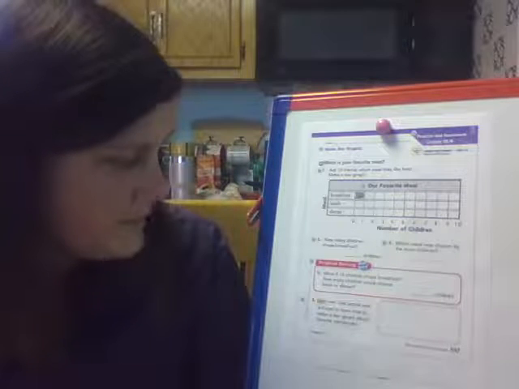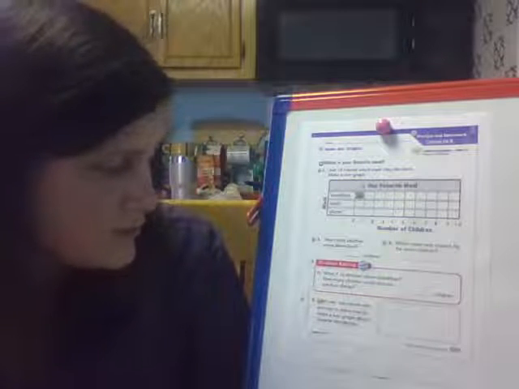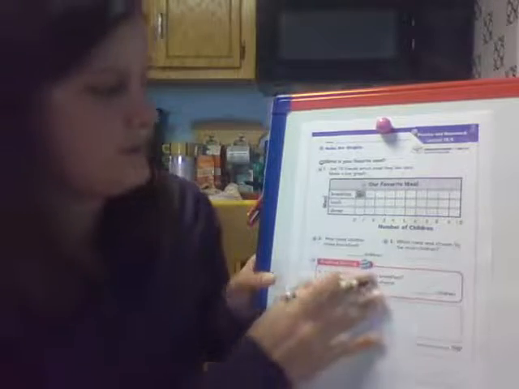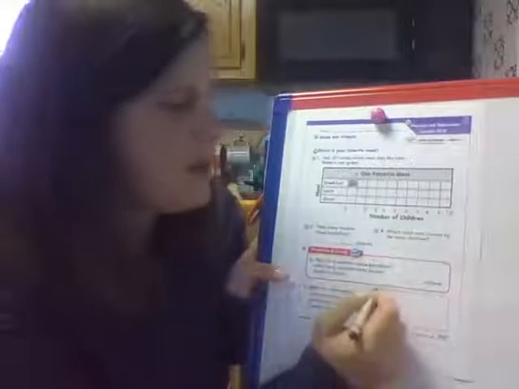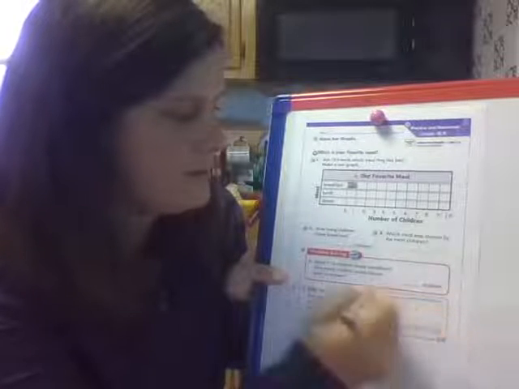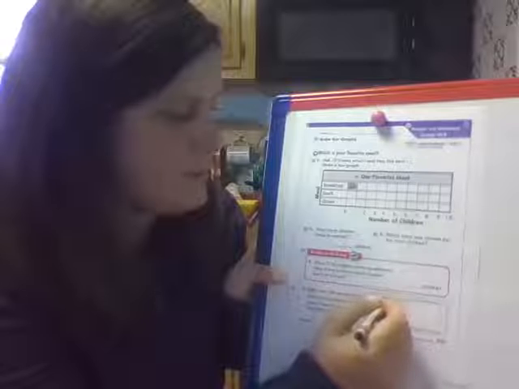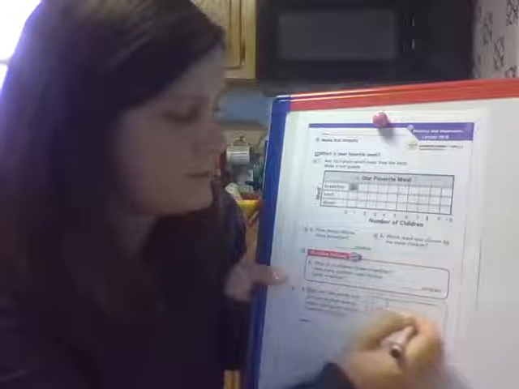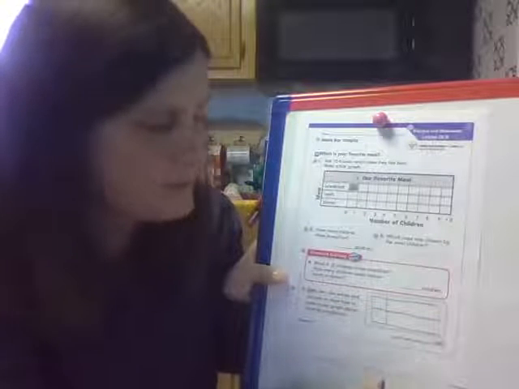And then number 5 says, use words and pictures to show how to make a bar graph about favorite storybooks. So we did this once before. Remember, if I were going to do it, I'll pick it up here. I'm going to make my rectangle. You're going to leave room for the name of your book, and you could just do 2 books if you want to. Totally fine.